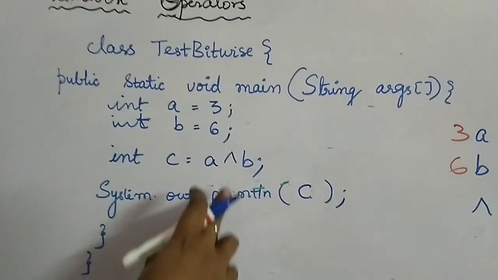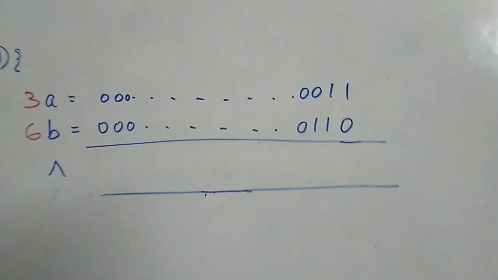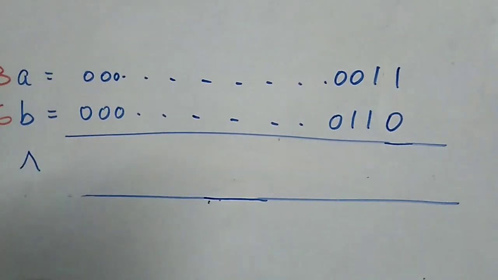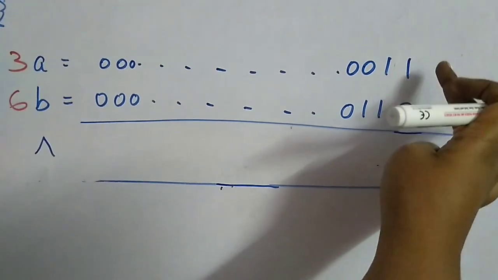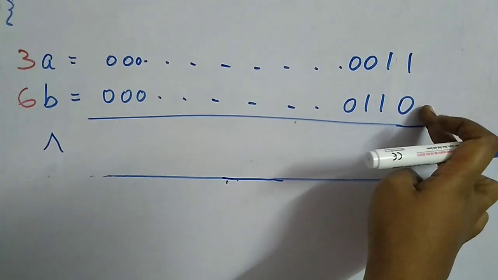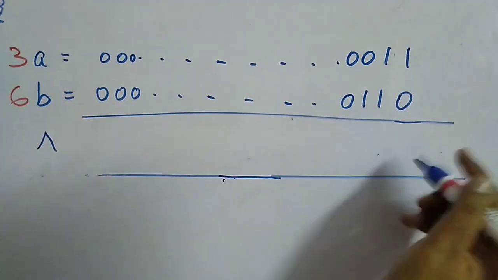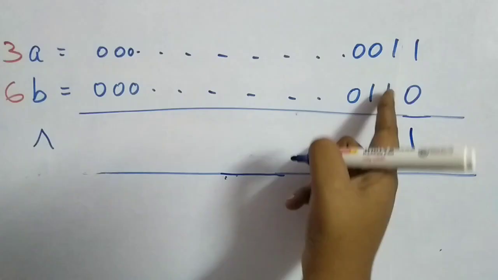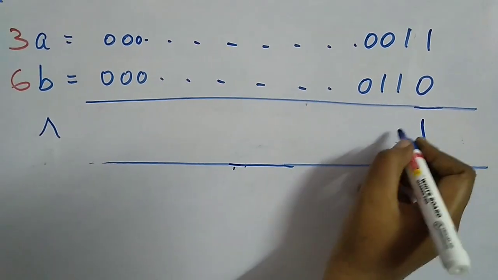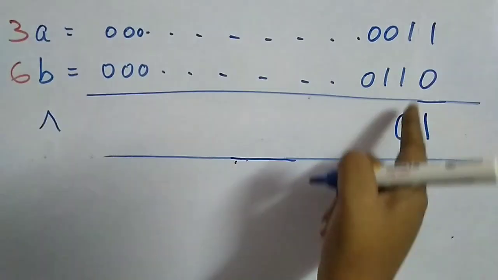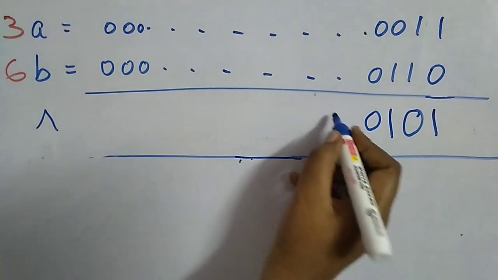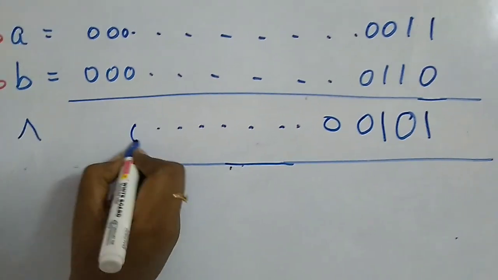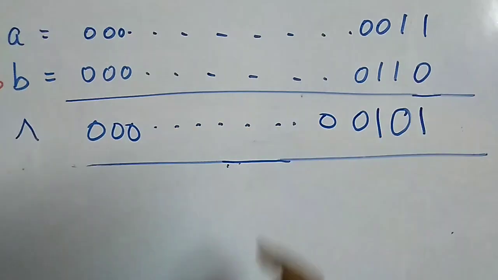This is the exclusive OR operation. We'll see how we get the result as C. This is how 3 is represented, and this is how 6 is represented. Now we'll look into the table and find out the value if A is 1 and B is 0. If A is 1 and B is 0, it will be 1. 1 and 1 or 0 and 0, it is 0. So for 1 and 1, it is 0. 0 and 1, it is 1. And 0 and 0, it is 0. All the remaining bits will be zeros because everything is 0 over here.